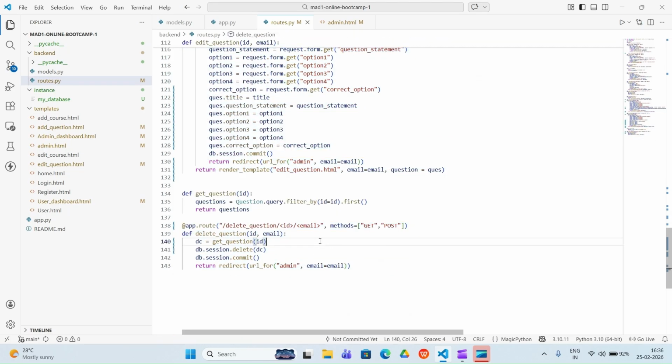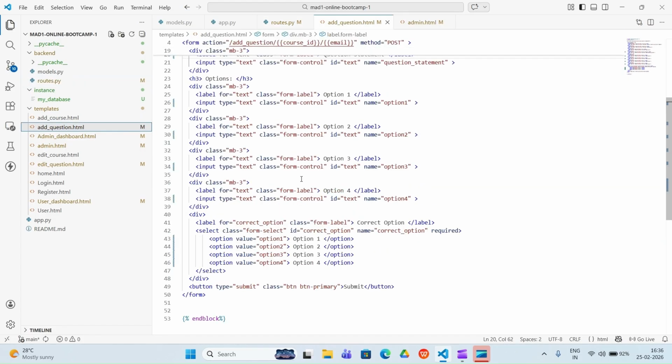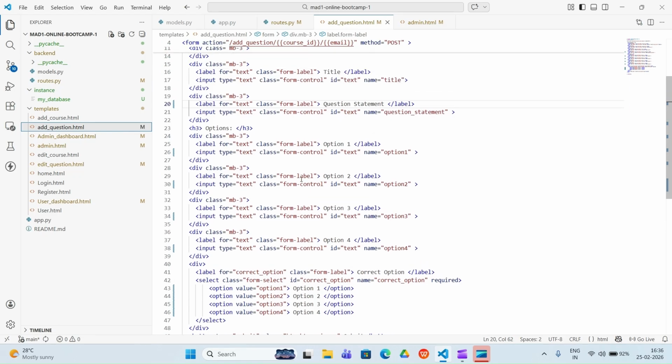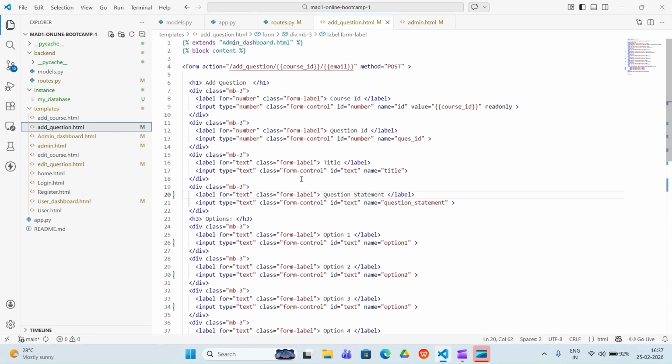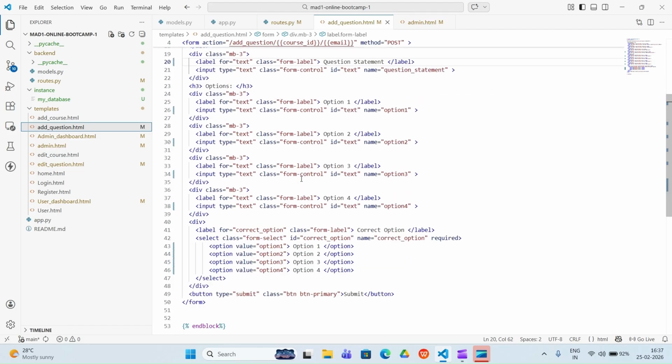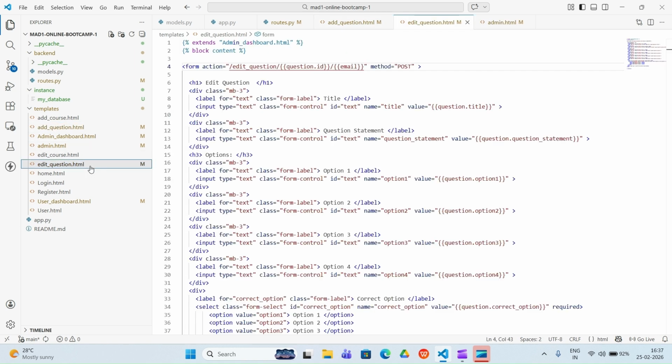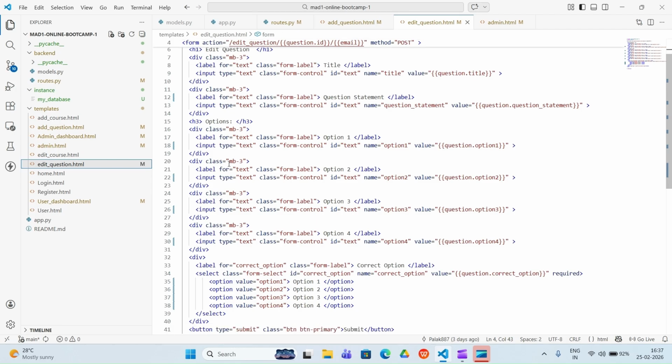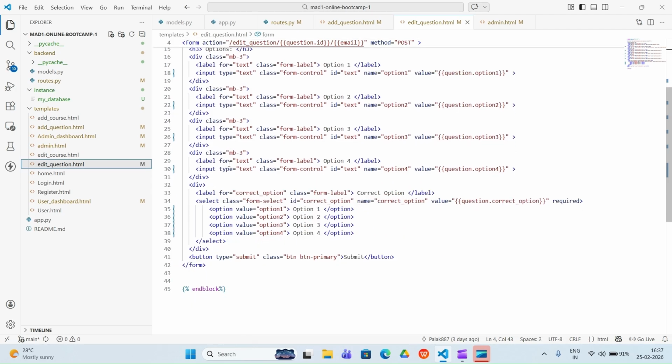Okay, so we have done all these things, and then we went back to add question.html and created a form-like structure for it, and similarly we did the same for edit question.html.